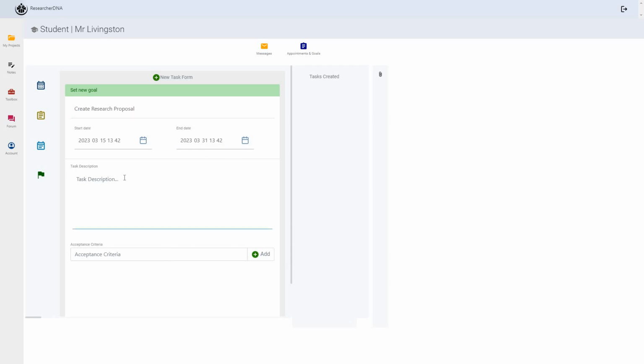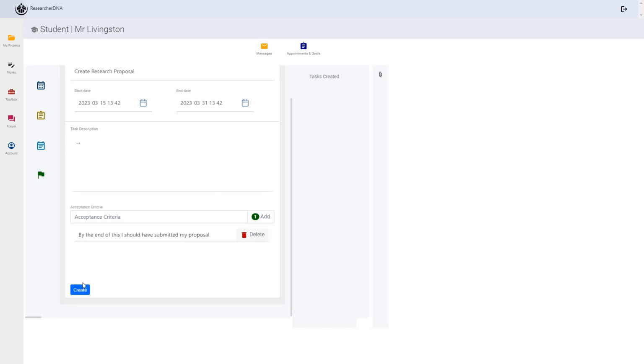And then you can say, okay, what is my task? Here you can pretty much give yourself a task description. I'll just keep it like this. You can also give yourself an acceptance criteria. By the end of this, I should have submitted my proposal, maybe, and then you can add this. From here, you just simply scroll down. You can see the create button here. When we click create,